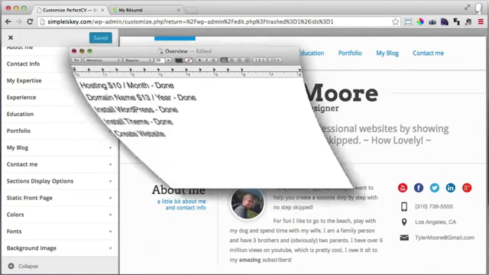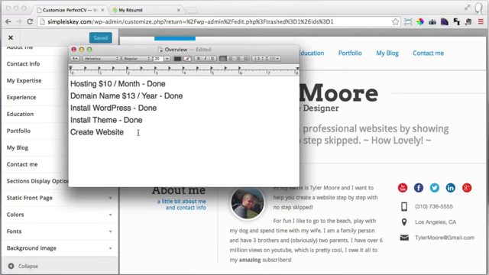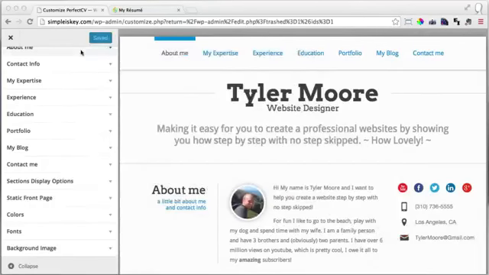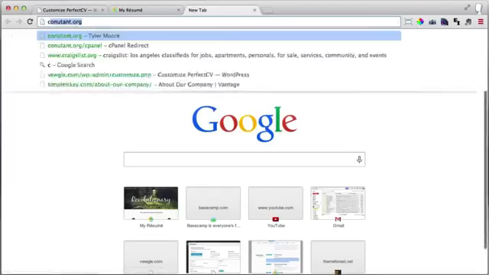So if we go over to the overview and we see create website, done. So we've done everything. We've gotten our hosting and domain, we've installed WordPress, installed the theme, and created your website. So congratulations on that. There are just a few more things that I want to go over, and one of them is to show you the easiest way that you can learn HTML. And this is so that you can add more skills to your resume, and it's kind of fun to learn it. So the website is called Codecademy,